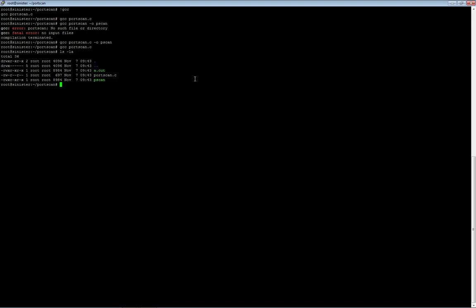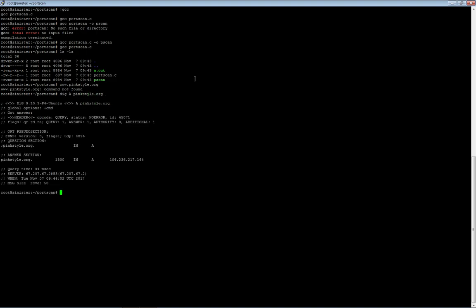So now we'll test it out. I have a web server on pinkstyle.org. We're going to need the actual IP address, so I'm just going to dig it. Dig for the A record. Dig is just a way to query a name server, and what I wanted was the A record, so I can get the IP address, which is here. And now we'll run our scanner